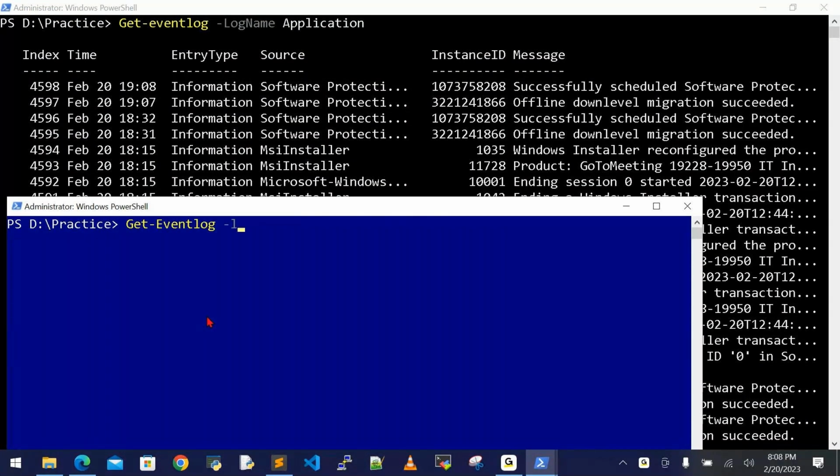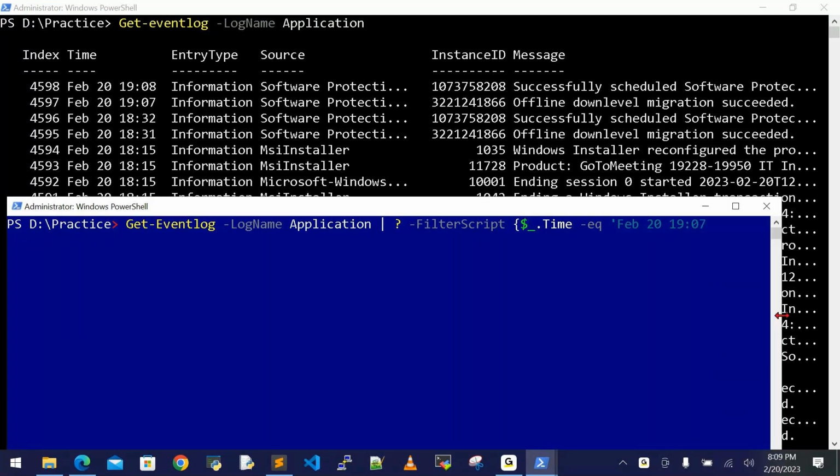Get-EventLog with log name equal to Application and pipeline Where-Object with filter script: time equals February 2023, 19:07, 7 p.m. 7 minutes. How many objects are you expecting here? The specific time, it is only one. But it is showing only